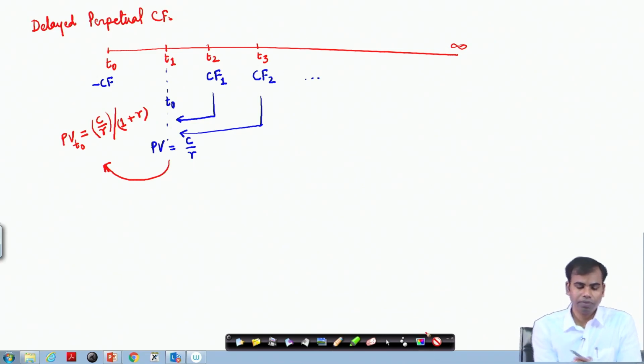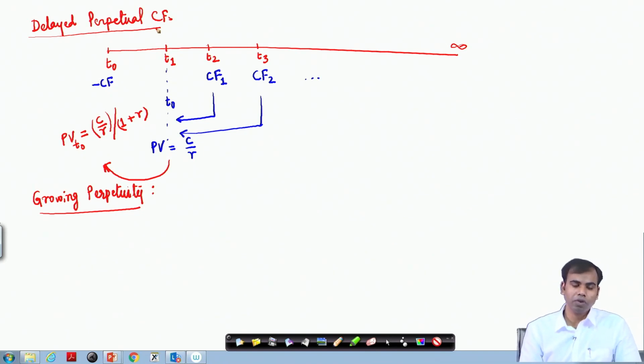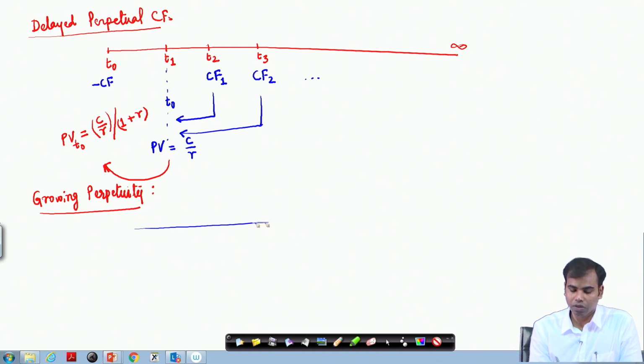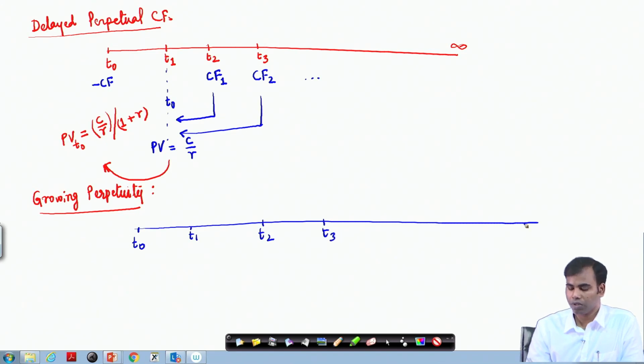Now, take a situation of growing cash flows, where the cash flow is growing at a certain growth rate. Earlier we discussed perpetual cash flow, then we touched upon the delayed perpetual cash flows. Now, let us get into the growing perpetual cash flows. The situation will be like this. Suppose you have a timeline with different points of time, and it is going to be there forever,